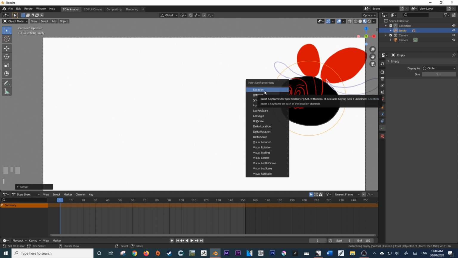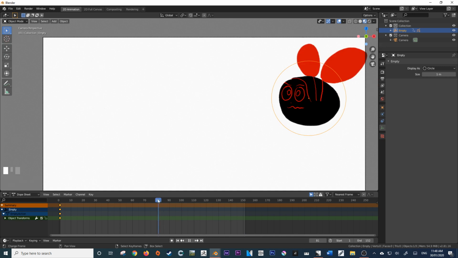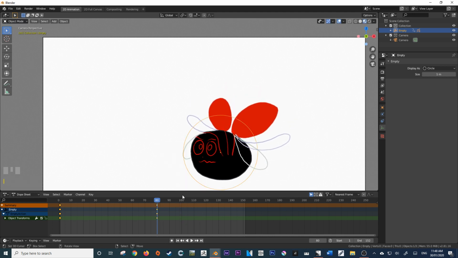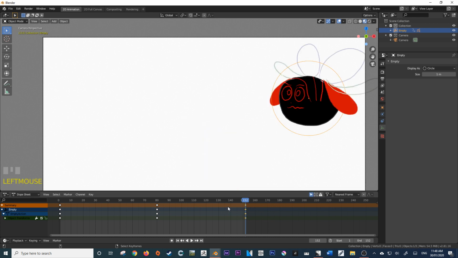I'm just going to set it to location. Then I'm just going to come over here to 108, well, no, just 80. And I'm just going to move it over here, location, and then I'm going to set it back to the original value by literally just clicking it, duplicating it like before, Shift D, and dragging it over here.